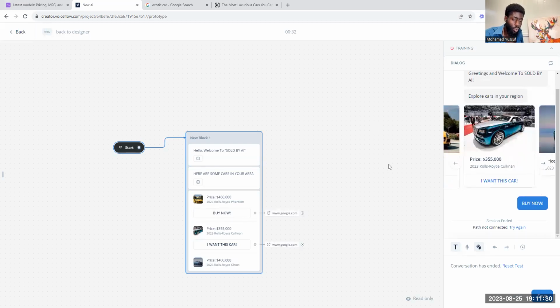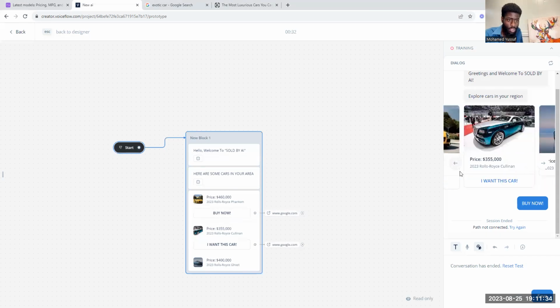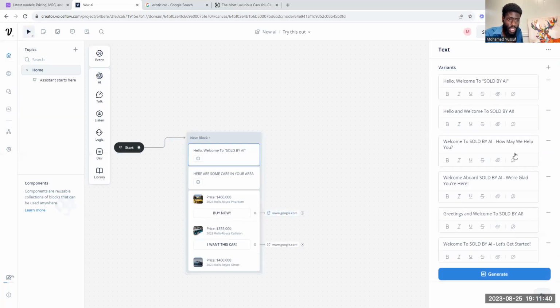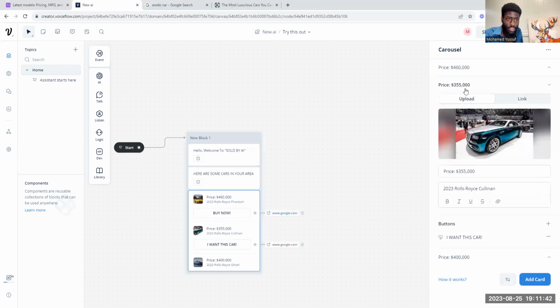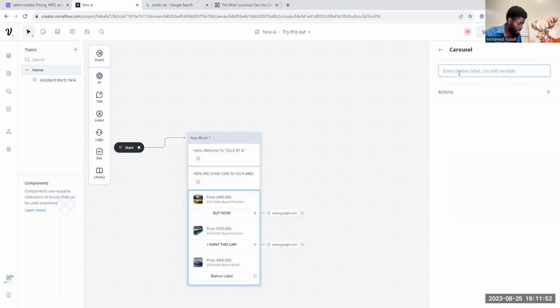So you literally can go to your local car dealership, take pictures of cars, and just price them. And then when somebody wants to buy this one, they click it. When somebody wants this one, they click it. And you can even have the integration to where when they click it, the first thing it asks them for is their phone number or whatever. And so you see how it says right here, I want this car. I literally could have it to where, say the last one, I do a book. It would say, talk to a dealer. And the action could literally be